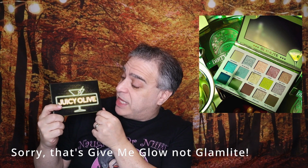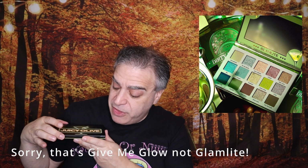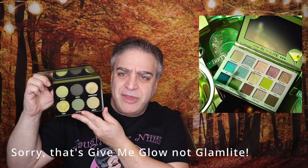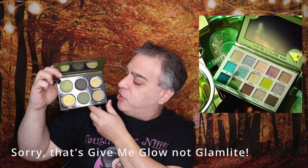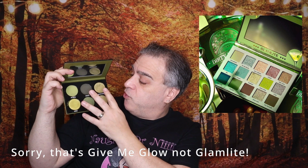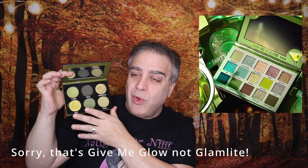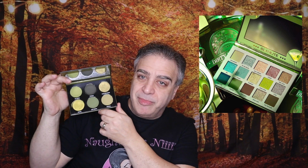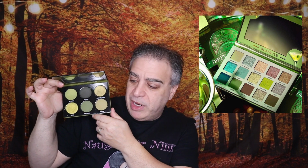Now, I already have a Glam Light palette that's Martini themed, the Juicy Olive palette. This one really doesn't have a color story similar to the Dirty Martini palette. This is really just those beautiful grungy greens and greeny gold shimmers, but it's Glam Light. The quality is excellent. So I love this palette. It's one of my favorite green palettes, but not a similar color story to the Dirty Martini palette. However,